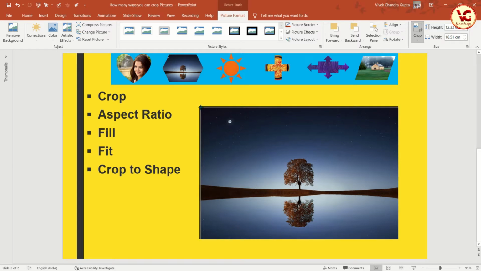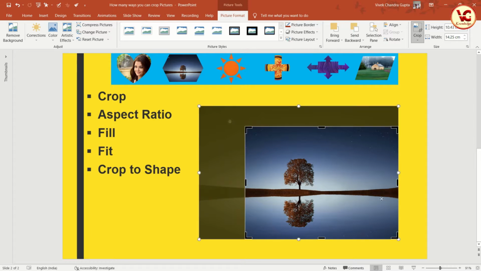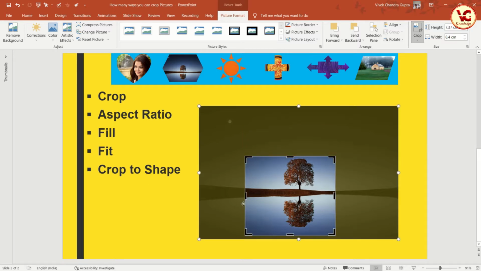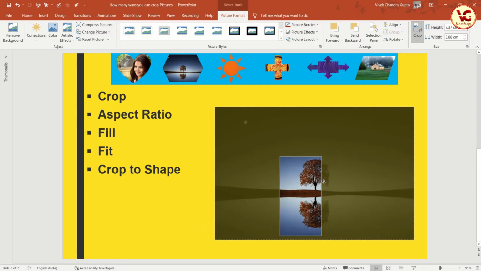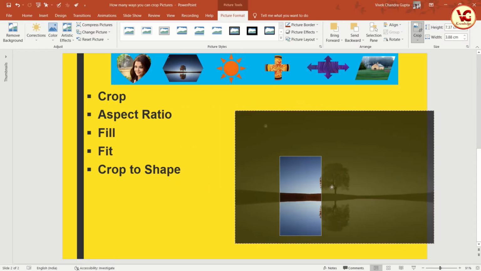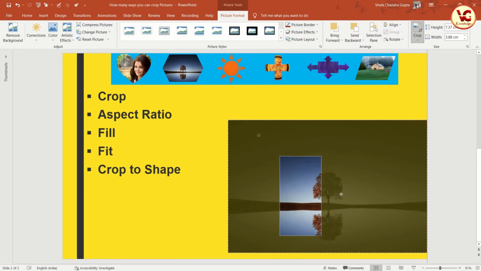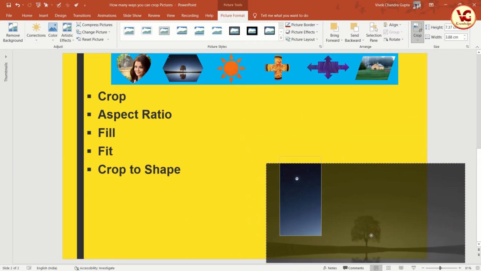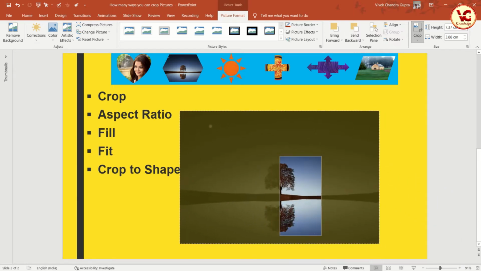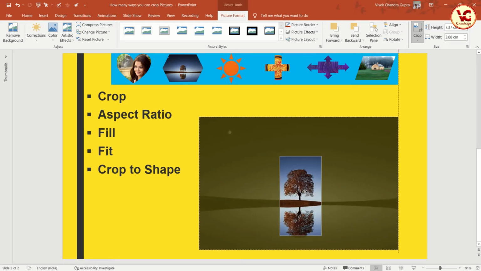Guider means up to what limit we want to crop, right? So we can use this guider to decide up to what limit we want to crop the image, and we can shift this image, or highlight which portion of the image we want to crop, this way. So this is the use of crop.